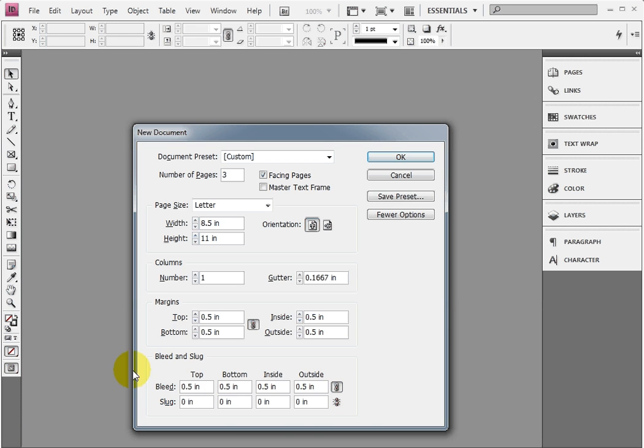And slug we're not going to go over at this point, just because we're going to concentrate on just those options. Okay, so I'm going to say OK. Let's see what we get. Okay, so we get a document